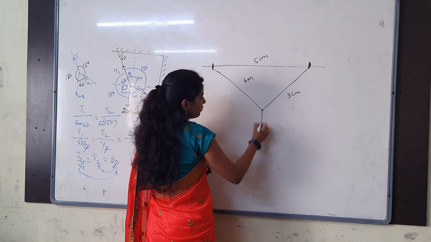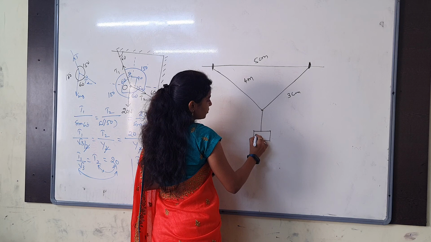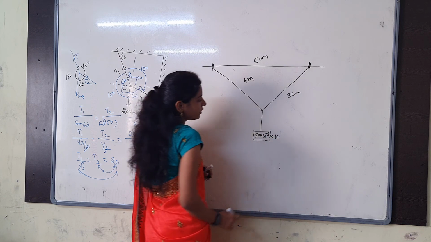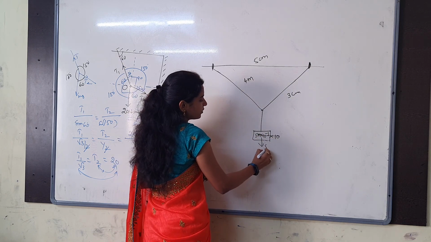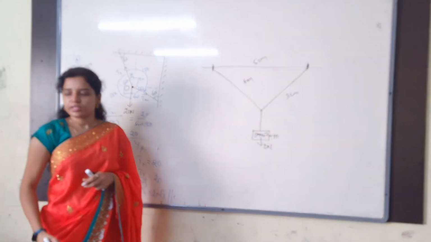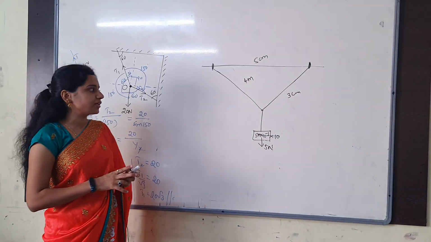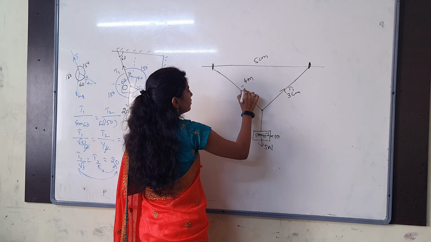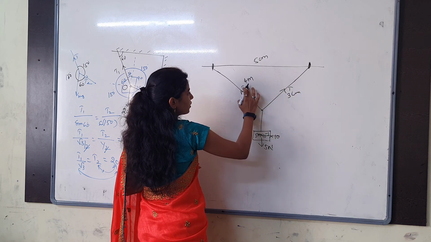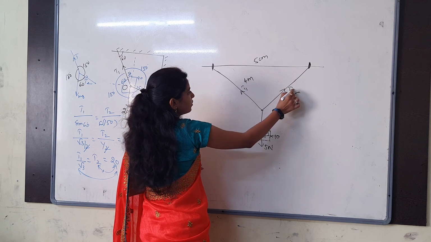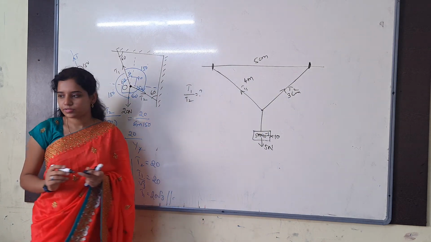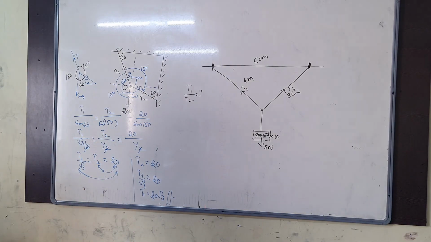Now how much weight is hanging down? 500 grams. 500 grams is nothing but 10 power minus 3 into g, how much do you get? 10. So what is the weight in the downward direction? 5 newtons is the weight. Take it as mg. Now you find out the tension T1 and then T2. Shorter to the longer or longer to the shorter, they said. Longer to the shorter. T1 by T2 you have to do. Try that. I'm sharing a video.